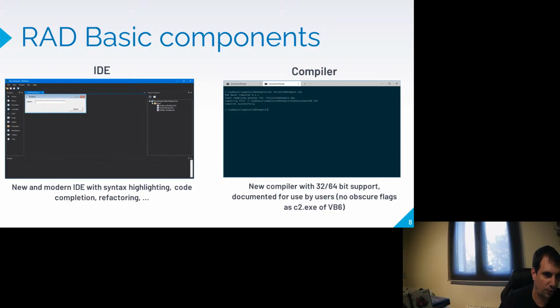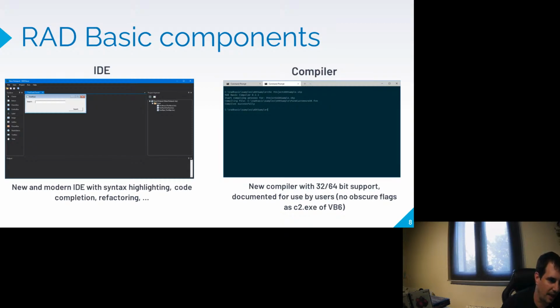Okay, let me introduce RAD Basic components. First, the IDE. As you can see, it is a reimplementation, a new and modern IDE with syntax highlighting, code completion, refactoring, themes.